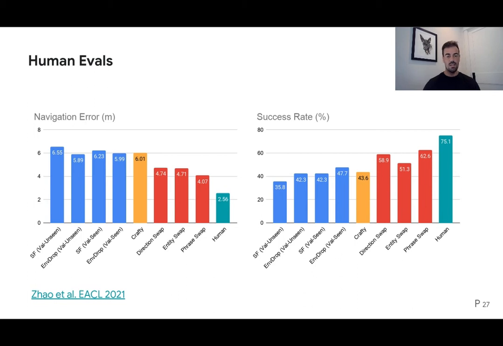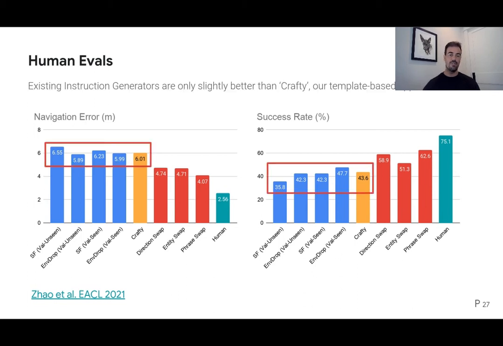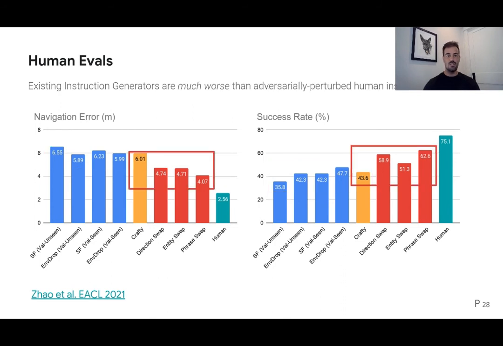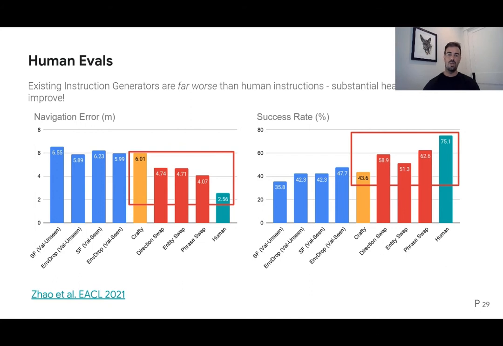And what's interesting is, first of all, to look at the performance of the existing instruction generators from previous work, the speaker follower model and the environmental dropout model. And it's interesting because the quality of the instructions that these models are generating is actually only slightly better than Crafty, the template-based approach, although it must be said that Crafty has the benefit of using the ground truth object annotations. The existing instruction generators are much worse than even the adversarially perturbed human instructions, and far worse than the